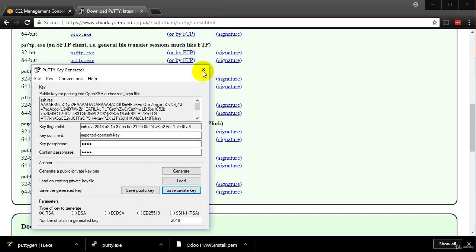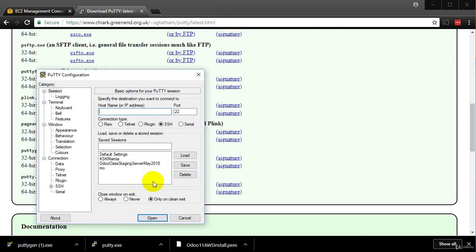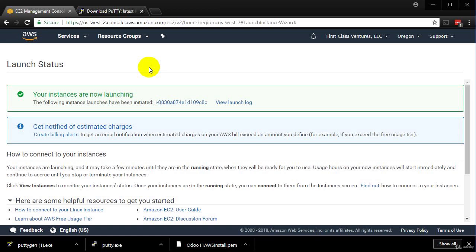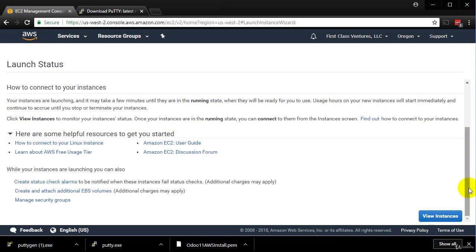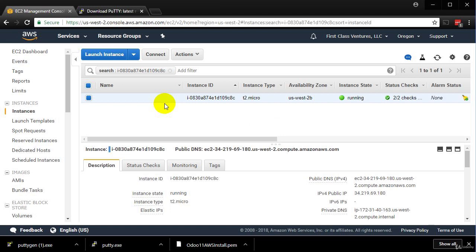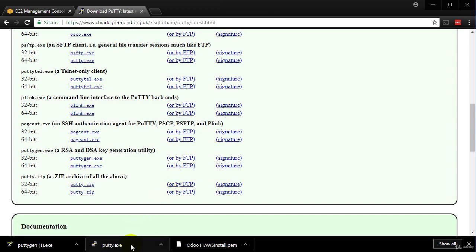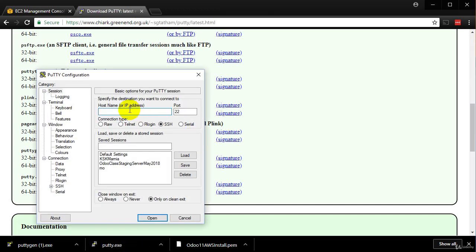So the next step, close this out, open up Putty, and we need to get our host name IP address, so we can come back here to our server, and notice how it says your instances are already launching, and we can come in here and click on it right here, and this will bring up our instance, and there it is. It's running. Our T2 micro is running. It's already going, and here's our IP address, and they're kind enough to give us a little copy to clipboard here. So we copy to clipboard,